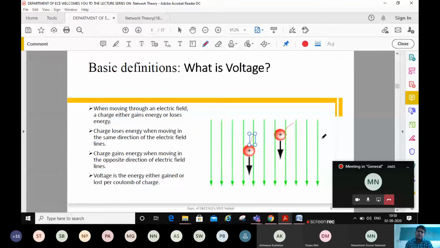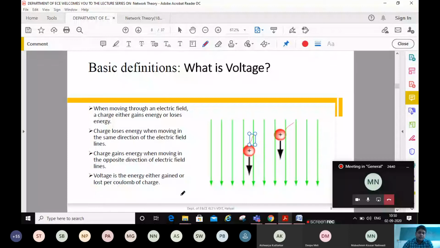But if you assume the reverse direction, where the electric field lines are from top to down but the charges are moving from bottom to up, they need to exert energy, right? That doesn't mean they are losing it; they have the energy to reach a higher level. As they move from bottom to top, they are gaining more energy, they have much more energy than the electric field lines. Okay, so that is what you need to understand here.